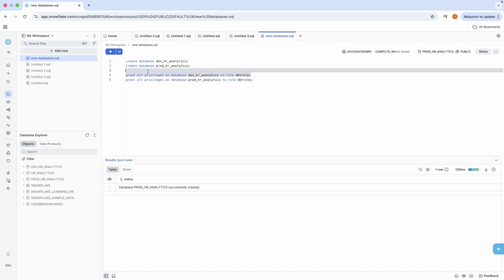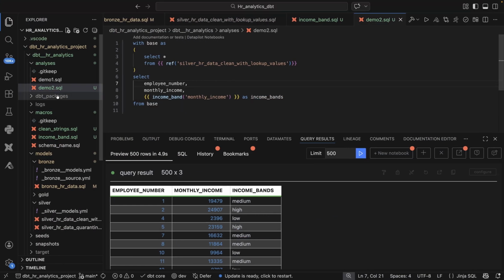Now let us run these one by one. This allows DBT to create all the schemas and tables that are required. It has all the right privileges. Now that we have done this, let's move on to our